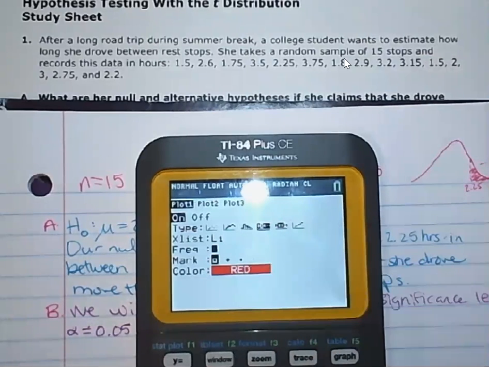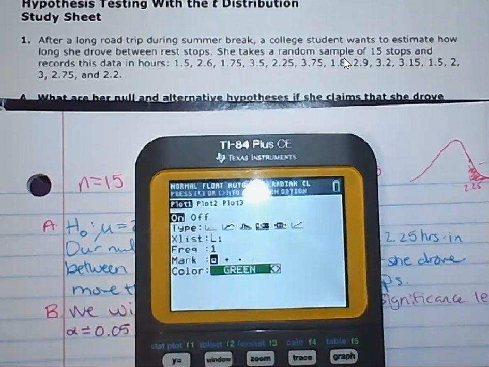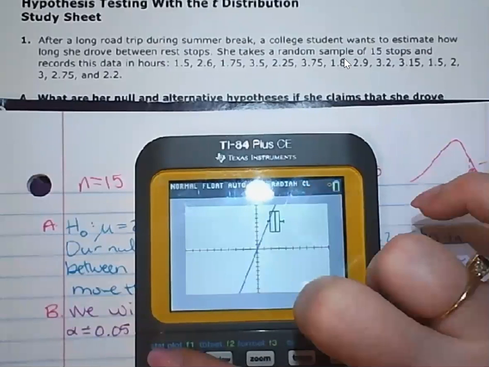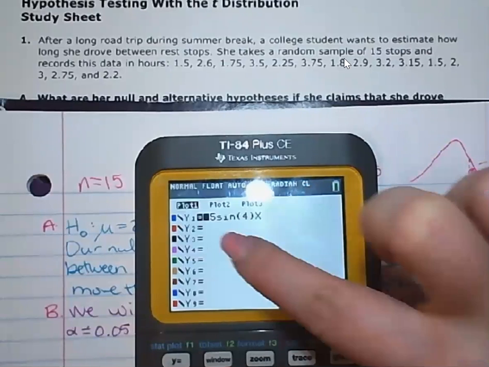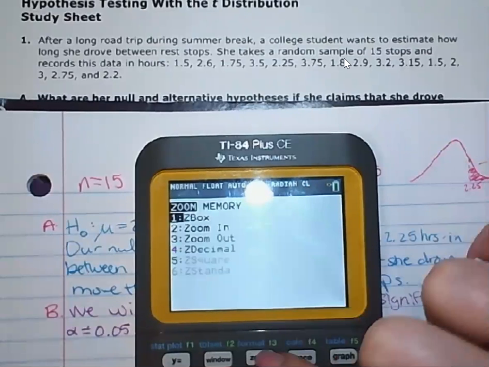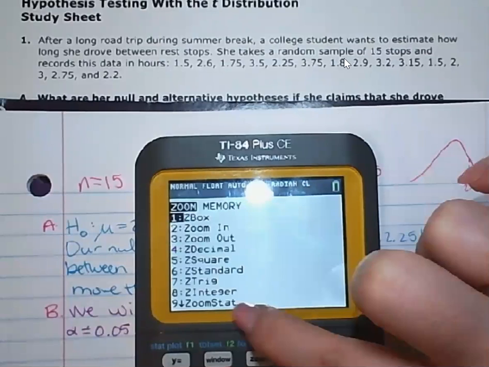And if I want to change my color, I can do that here. I'll just make it green. And then when I hit the graph button, it's probably going to be in a weird spot. I can zoom. Oops, I got a line in there too. So I need to get rid of that line real quick. I'll go y equals and clear out that random line in there. And while I'm at that, I'll also adjust the zoom to the stat-friendly zoom, zoom 9, so I can see